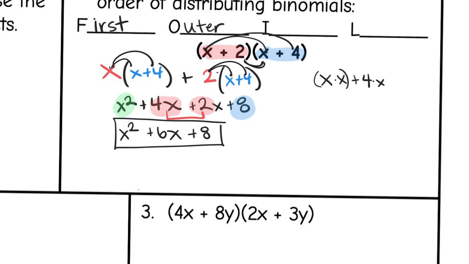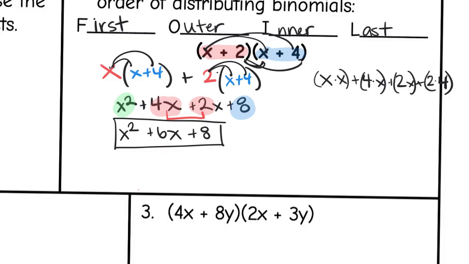These 2 right here are the inner terms. So that would be 2 times x. And then these ones are my last terms. So plus 2 times 4. That stands for last. So FOIL is an acronym. You're going to hear some teachers use it like a verb. Like, we're going to FOIL this. All that means is we are going to distribute every term of the first binomial to every term of the